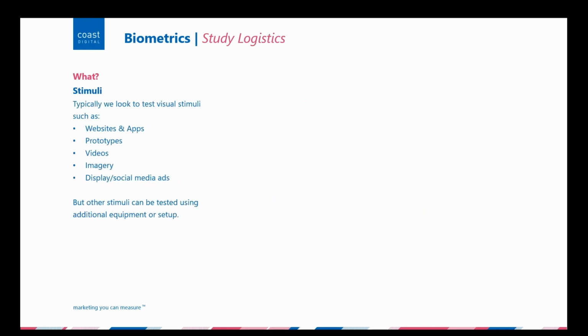And what else do you need to get started? The first thing, as we said, you have to have a well-framed research question or hypotheses. The second thing that we try and settle is what stimuli are we going to test? We can work with pretty much anything visual. We have done some physical testing as well with additional kit, but the majority of the studies we're doing work with visual stimuli. And this includes websites, designed up prototypes, TV adverts, banks of collateral and imagery,